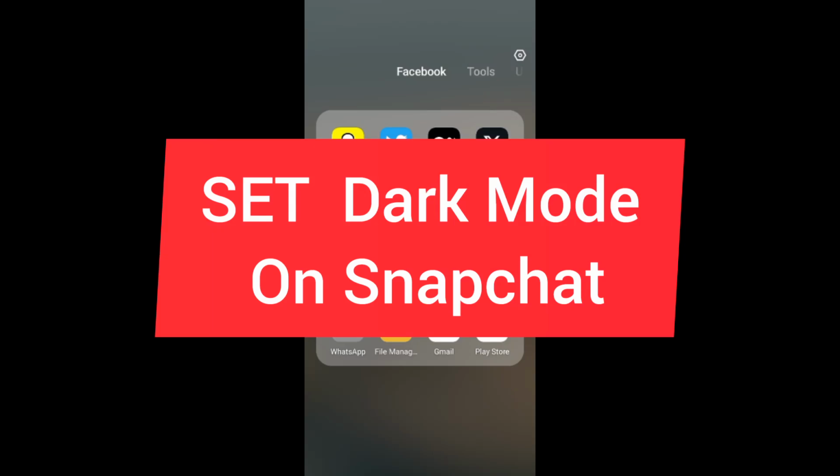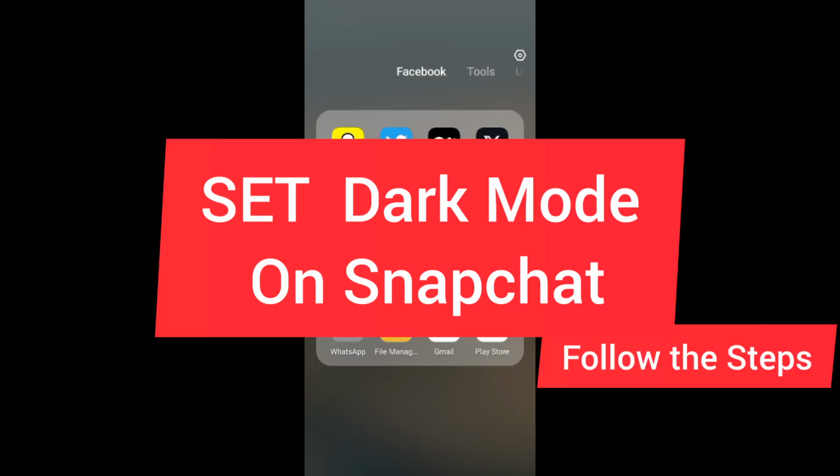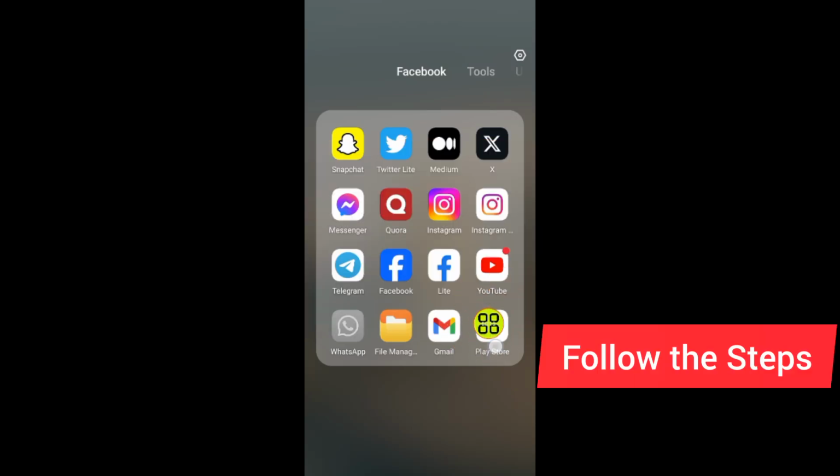How to set dark mode on Snapchat. In this video, I will show you step by step how to enable dark mode in Snapchat. First of all, after you open your phone, go ahead and open up your Play Store app